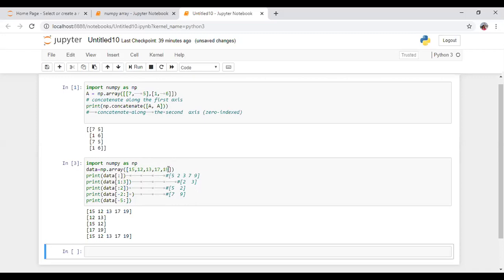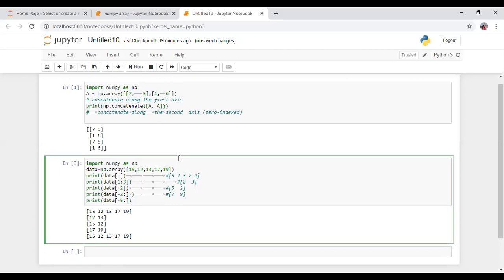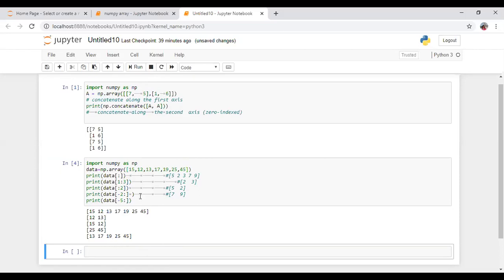If I put another element here, so from -5 I have given, from the last 45, 1, -1, -2, -3, -4 till 13 it will print 45, 25, 19, 17, 13.